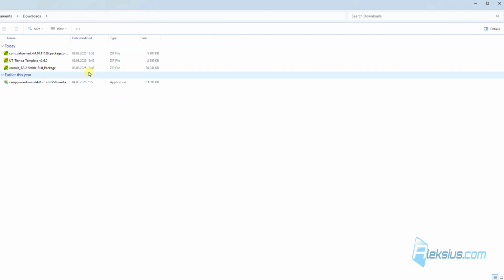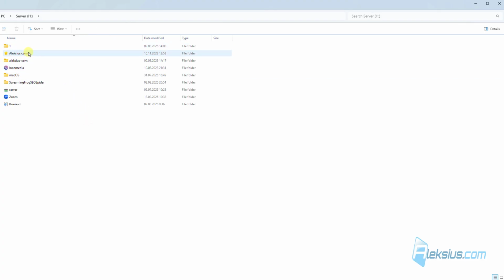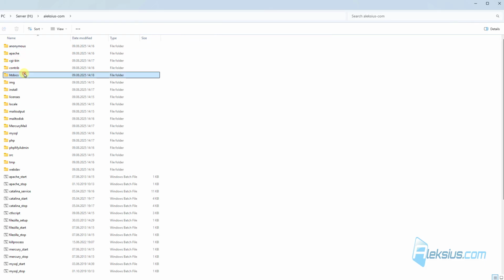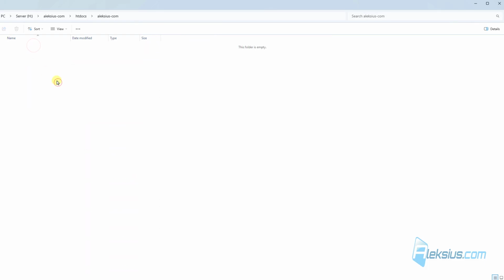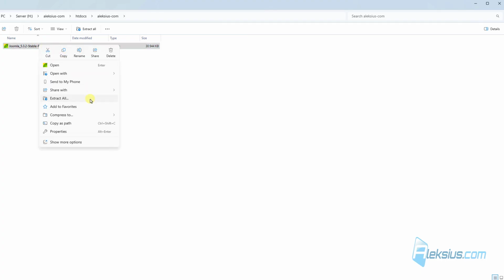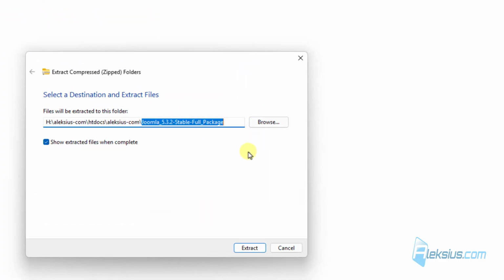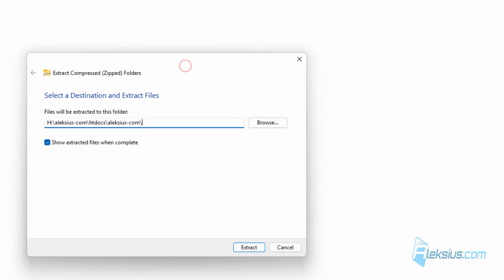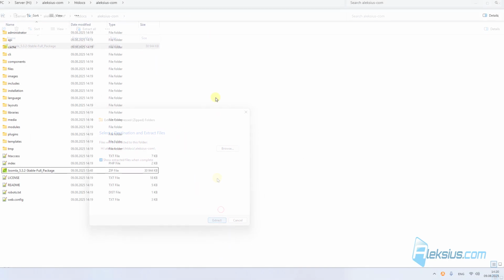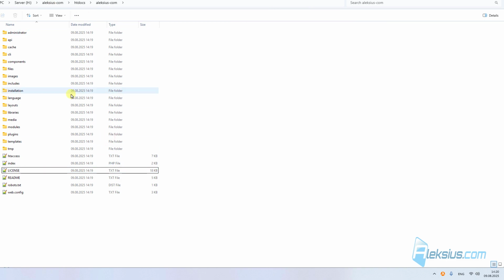Now let's go to our download folder. Let's copy our Joomla. Let's go back here, go to our website folder, insert our Joomla, and let's extract all of these files. Just delete this to extract files in this folder. After the process completes, you can just delete the Joomla installation, go back,